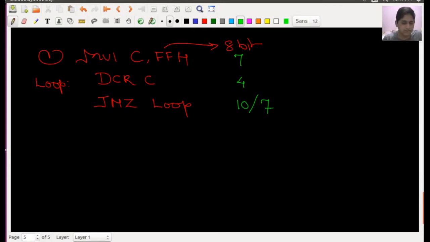So I will tell you how we can do the calculation for the same program. I will write down the total time delay. Here there are two conditions. This is the time taken inside the loop and this is the time taken outside of the loop. So I am saying outside, and this is within the loop.